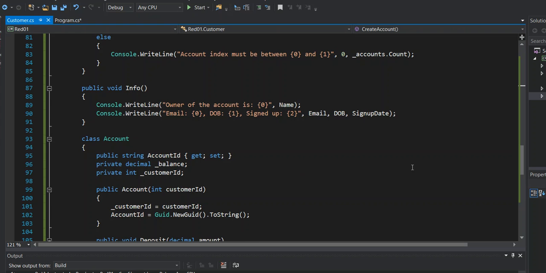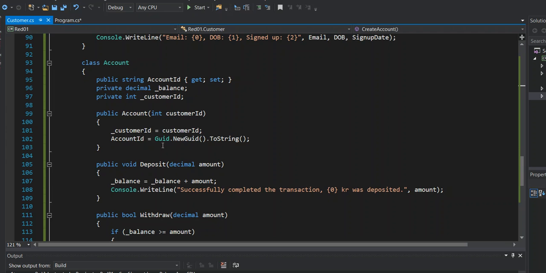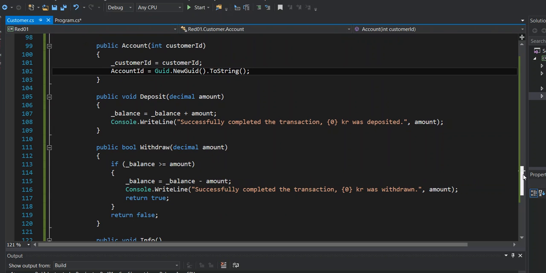Then I have the private fields, and then I have the public string account ID property. I have initializing some data, like the account ID has to be unique, this GUID, new GUID to string, and the customer ID has to come from here with the constructor. I have a deposit and a withdraw